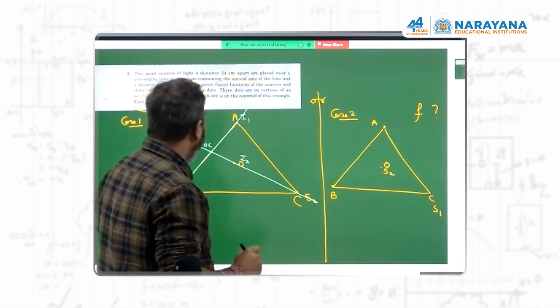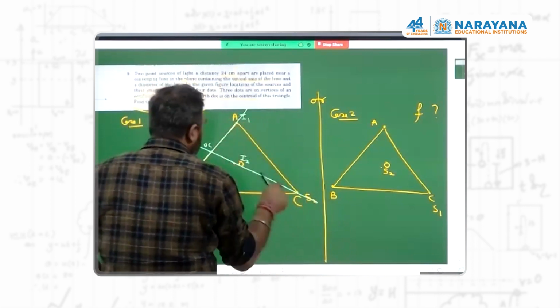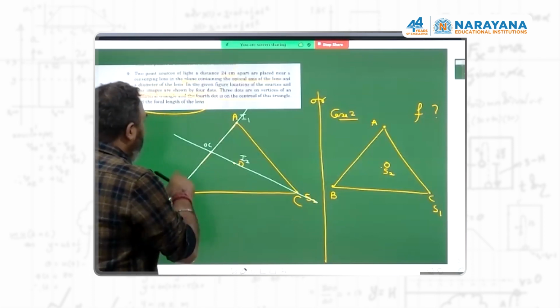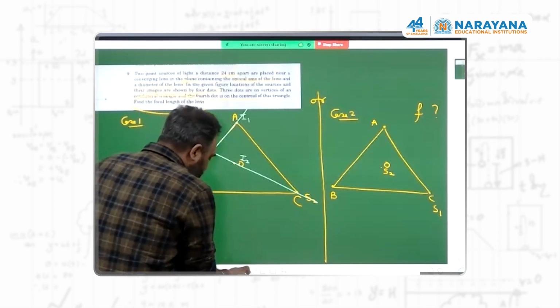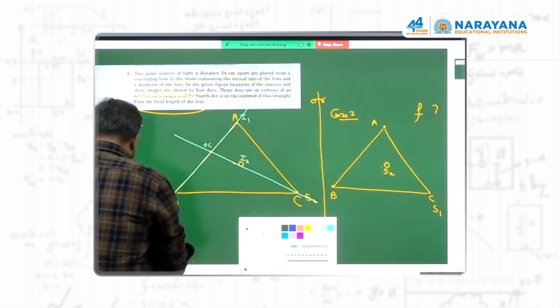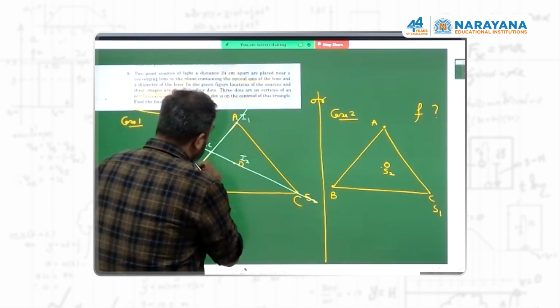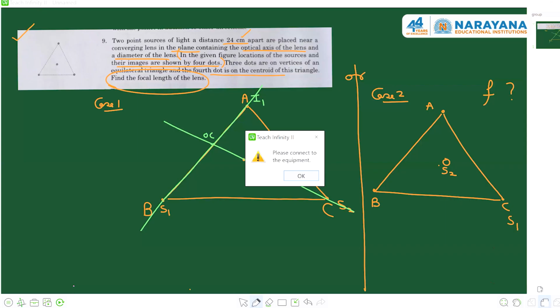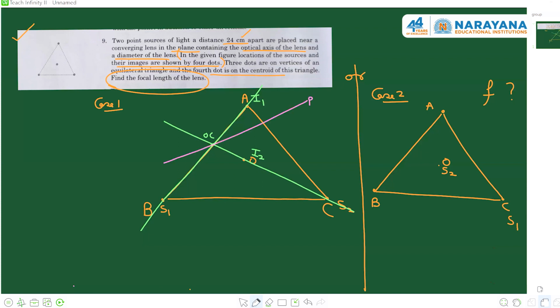This is the optical center. If this possibility is correct, then this is the optical center. With respect to the optical center, my principal axis can have any orientation. I don't know where the principal axis is, but what I'm trying to search is whether this combination is possible here, right? S2I2. Now, one thing is very clear. Whatever the orientation of the principal axis, let's say this is my principal axis, and it is at some angle theta,